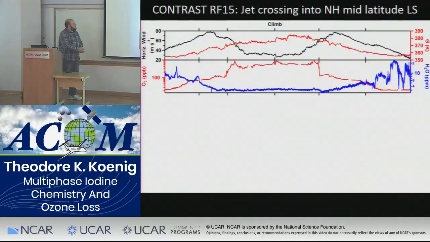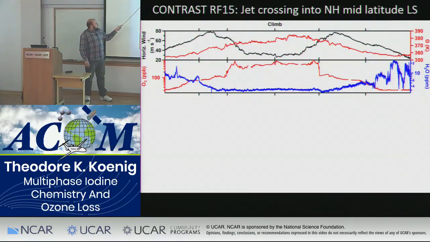From a kind of chemical tracer perspective and dynamical tracer perspective, this is what we were seeing. Here I've erased the time axis just to give a conceptual idea of what we're doing. This is the horizontal wind. You can see we come up to the jet, and then we go into the stratospheric side, and we get to the lower winds of the stratosphere.